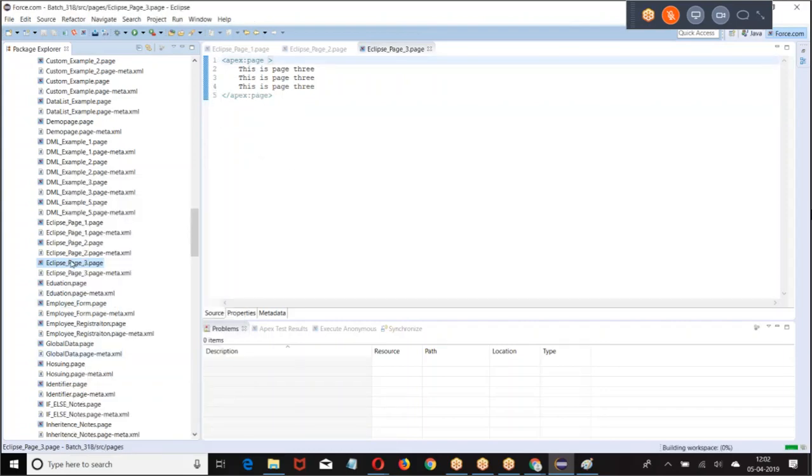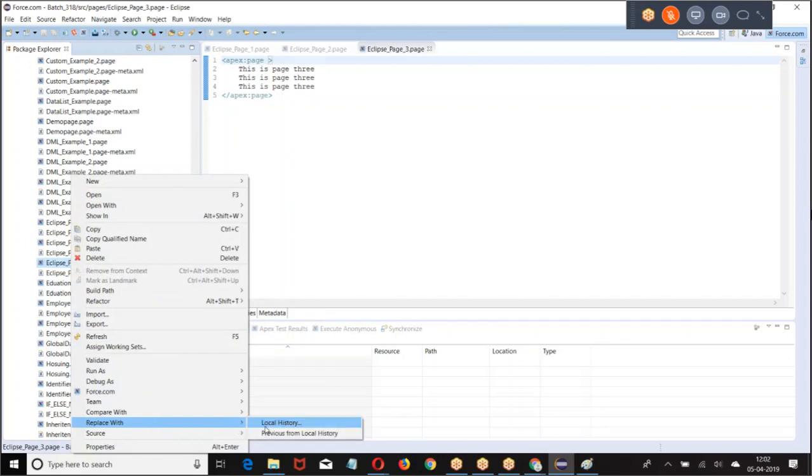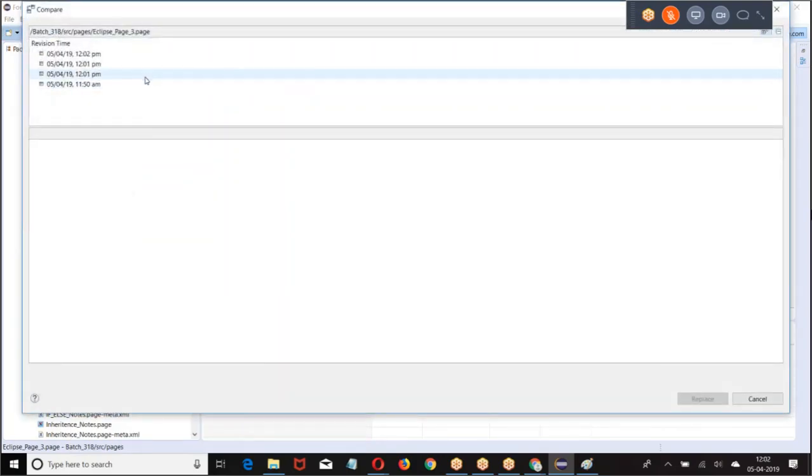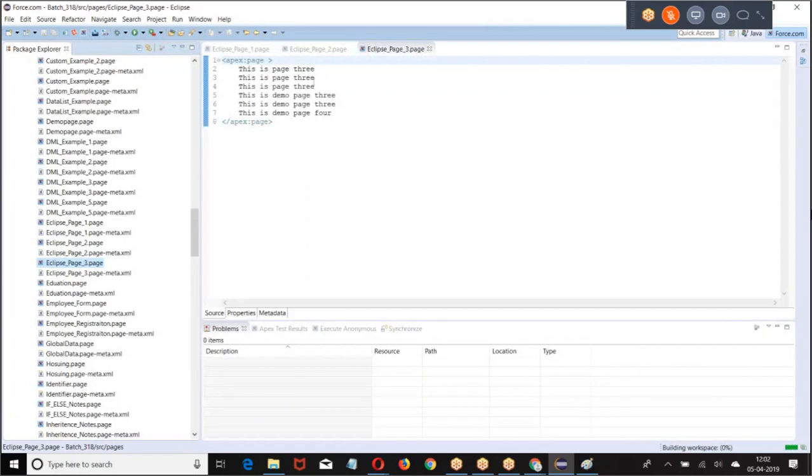Are you getting my point? In the local history, what happened? At 11:50, we had one code. 12:1, we had one code. 12:2, we had one code. So every time we modified, it is saving one local copy. Now, if something goes wrong, I can replace. I selected this code, replace. So every time you are saving, it is maintaining a local copy.